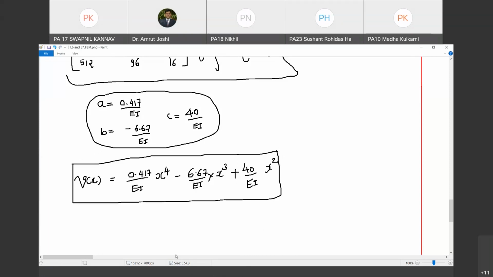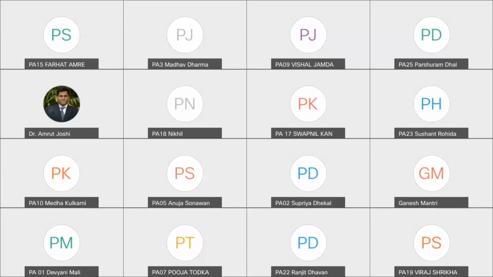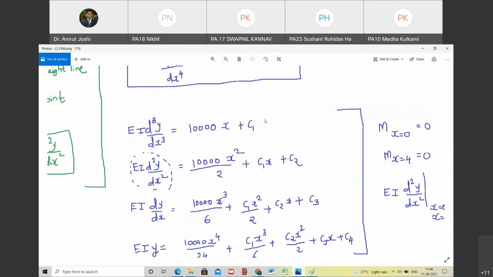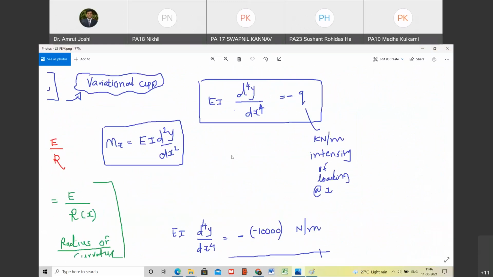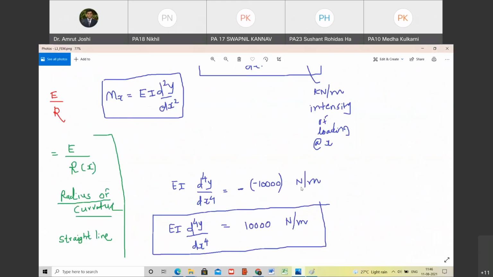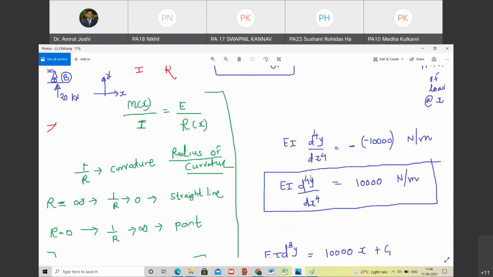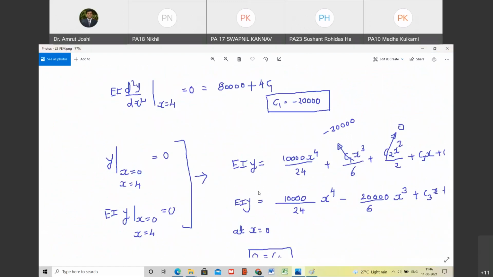Now this problem we have already solved, and let us look at what the solution for V of x is that we got there by solving the differential equation. So let me start sharing the screen with you. Instead of sharing a particular application, let me share the whole screen. So this problem we already solved using this method. I hope you remember that we had written down the fourth order differential equation EI d4y by dx raised to 4 is equal to this and whatnot, and then we had solved for y.